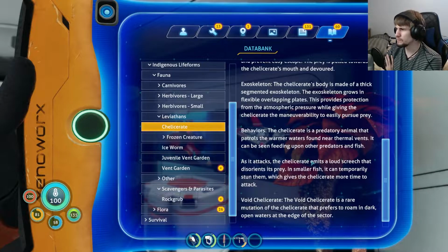The exoskeleton of it. Chelicerate's body is made of thick, segmented exoskeleton. Exoskeleton grows in flexible, overlapping plates. Provides protection from atmospheric pressure while giving the Chelicerate the maneuverability to easily pursue prey. Why does it need the atmospheric pressure, though? We haven't actually seen it very deep down. It's always been more of a... Yeah, patrols the warmer waters found near thermal vents. Can be seen feeding upon other predators and fish. So it only...